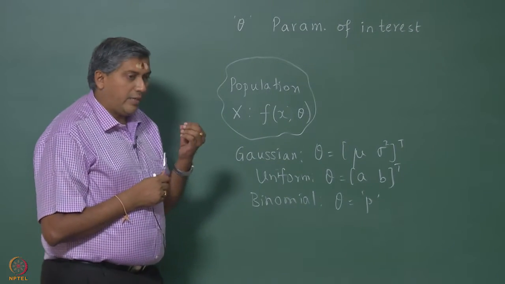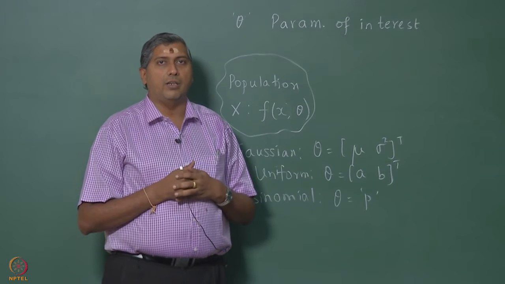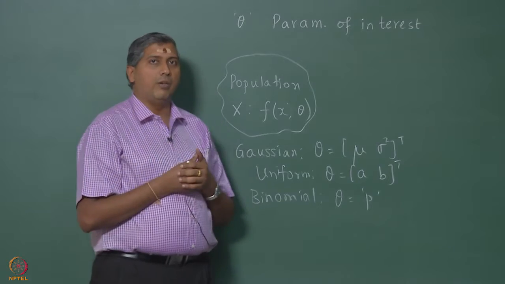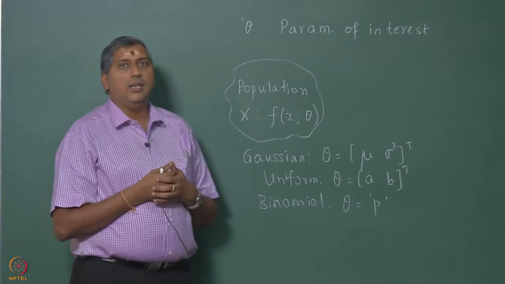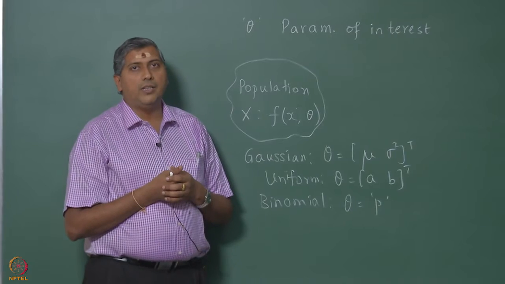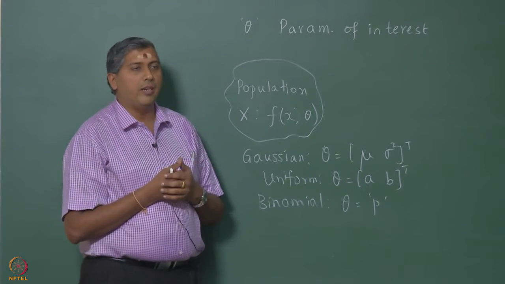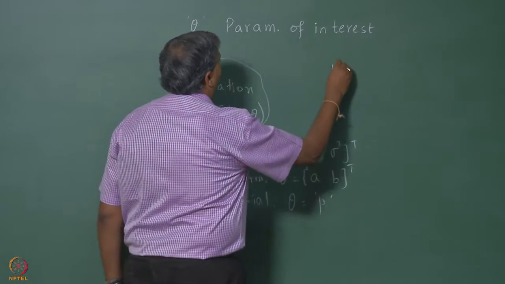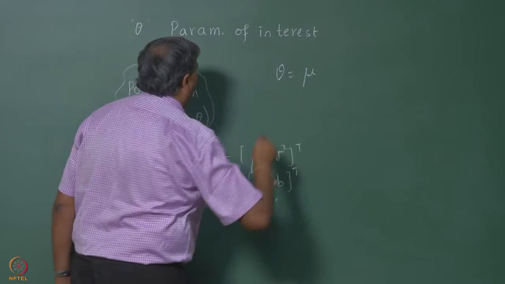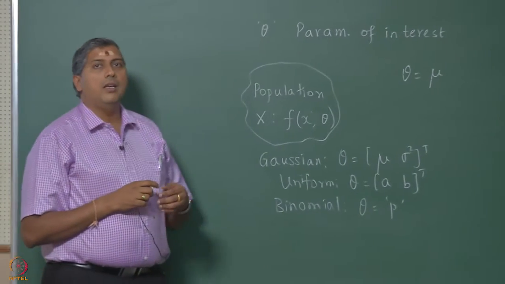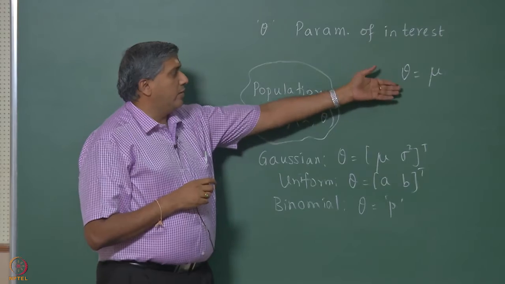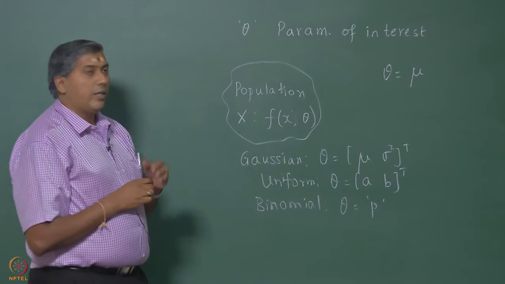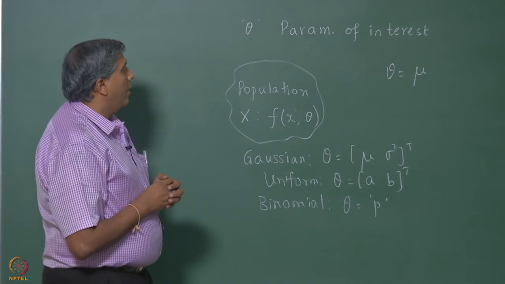And let us take an example to understand what we are trying to do here. Let us take the solid propellant burning rate example number 2 in the motivation lecture, where we were interested in testing whether the average propellant burning rate is 50 centimeters per second. So, we are interested, for example, in mu. So, theta is simply mu. What about sigma square? When we are testing hypotheses of this form, we may assume that the variance is known or unknown. We will even simplify the problem and assume that the variability is known.